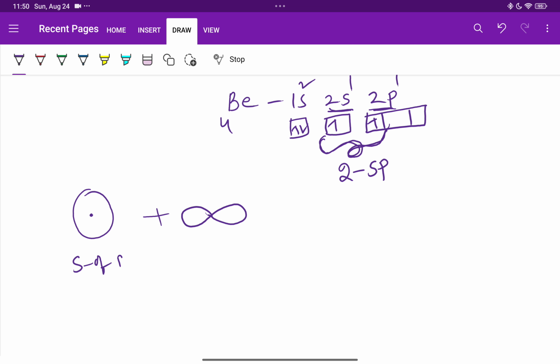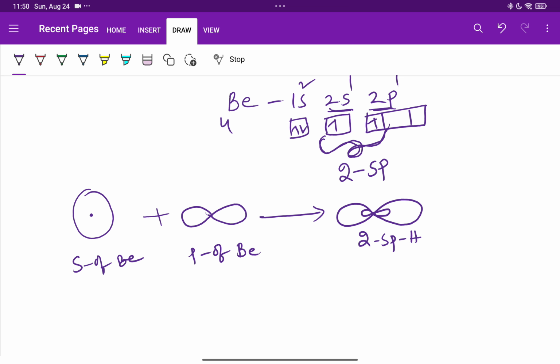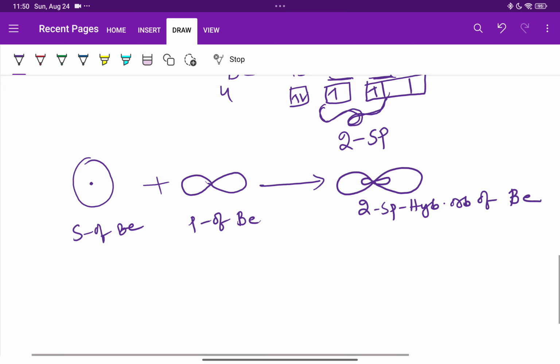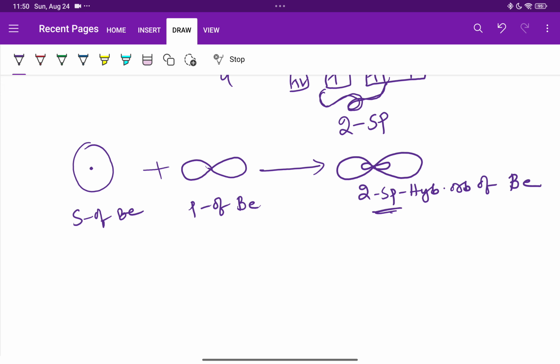S of beryllium, p of beryllium, then both are going to intermix, then you will get like this. So these are the two sp hybrid orbitals of beryllium. So these sp hybrid orbitals of beryllium are going to end overlap with the